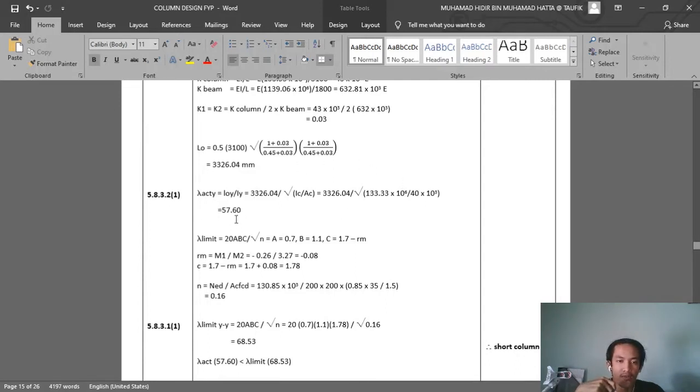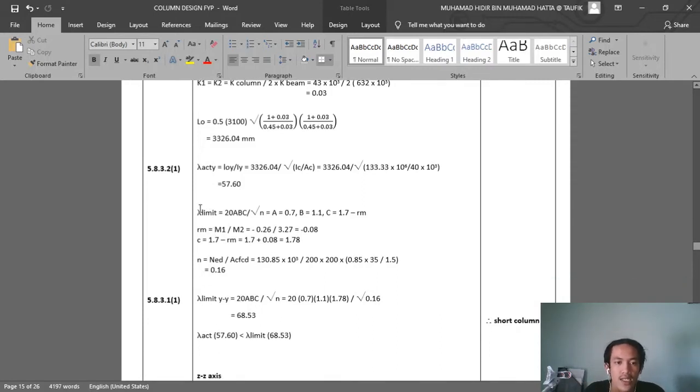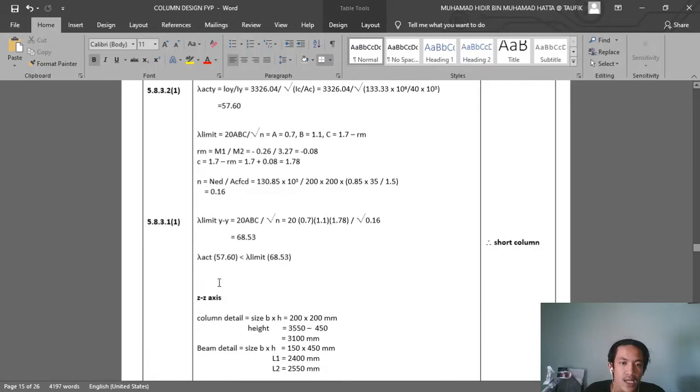We got 57.6, and then we need to calculate the lambda limit, the slenderness limit, using this formula. Then we need to calculate n, which is NEd over Ac fcd, and we got this. Then we calculate the lambda limit for the y axis, and we got this, and then the lambda limit must be larger than lambda actual y,